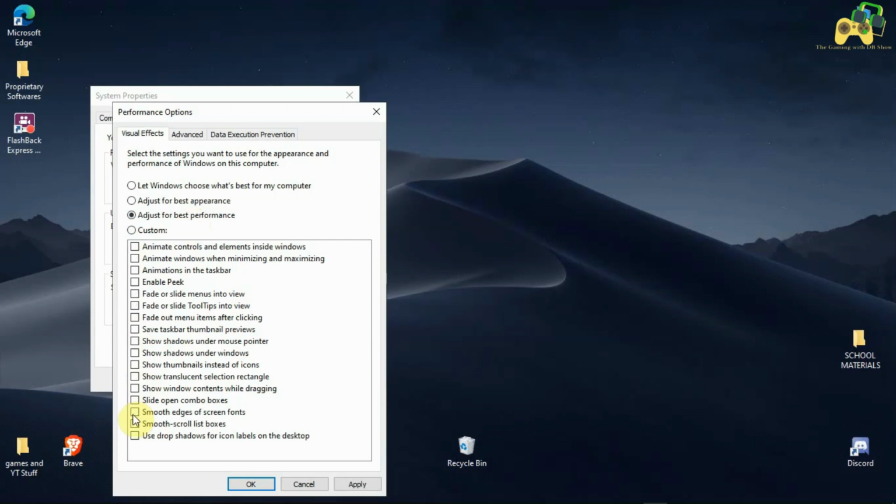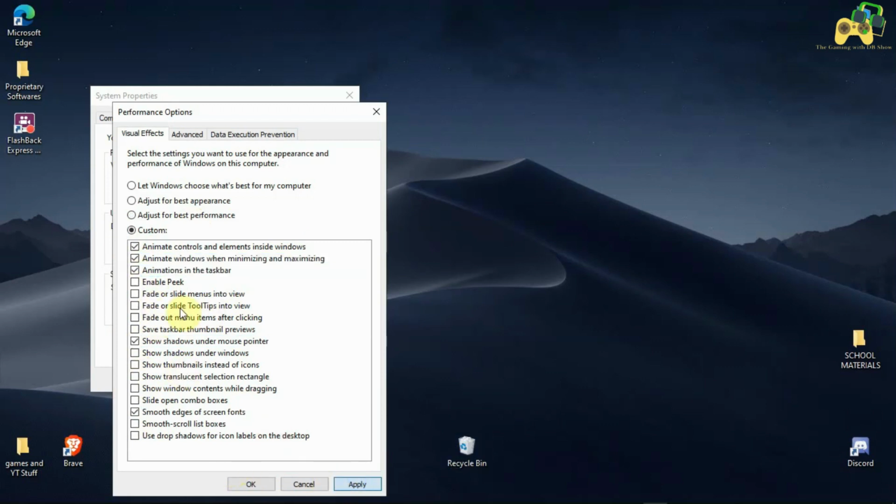First you need to turn on smooth edges of screen fonts and show shadows under mouse pointer, and the rest is your choice. If you want to select any more preferences, you can. It's completely your wish, but I have selected my preference.